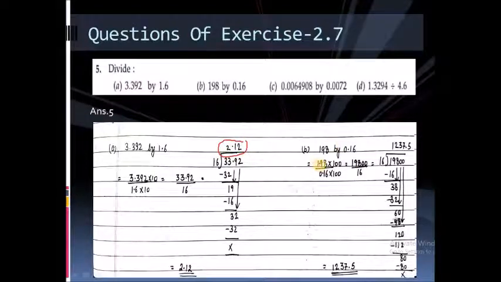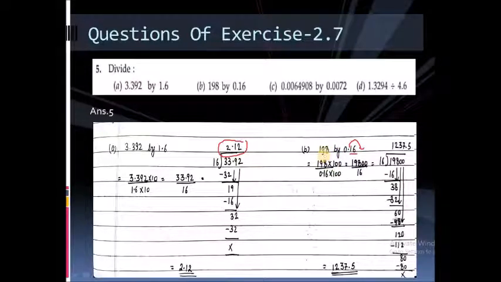Okay. Here you can see 198 is the dividend and my divisor is 0.16. Now you can see how many times you have to shift this decimal point to make it a whole number. Here you can see there are 2 digits. So you have to shift this decimal point here. How many times you have to shift it to the right? 2 times. So I have to multiply with 100. By the same number I have to multiply my dividend to move the decimal point.